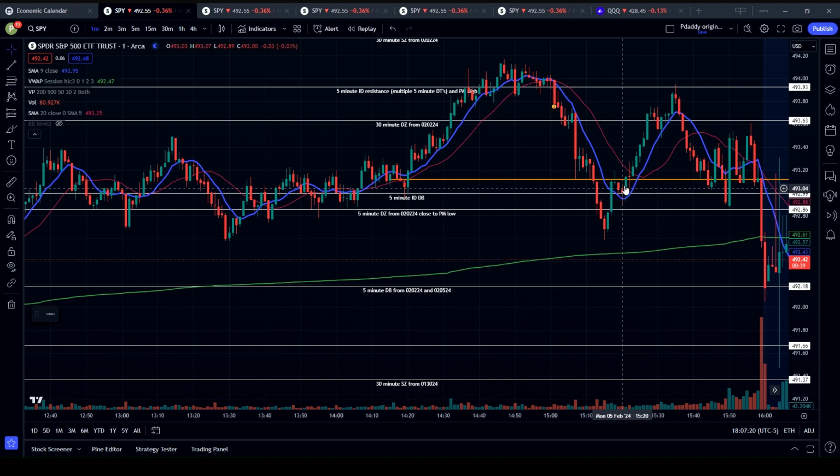Nice play to the upside. Didn't play this. This was a great fishtail play. In other words, we opened and closed between the 9 and the 20, and we breached this level of support right here, this 493.99. I had some folks in the group that asked me, they said, hey, if we get